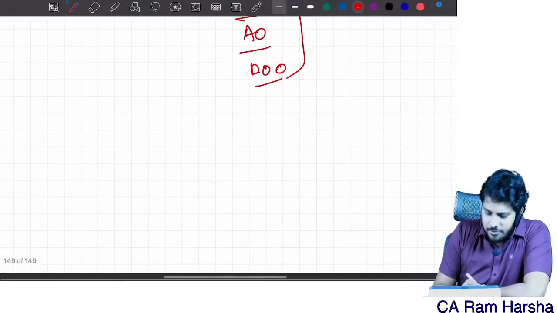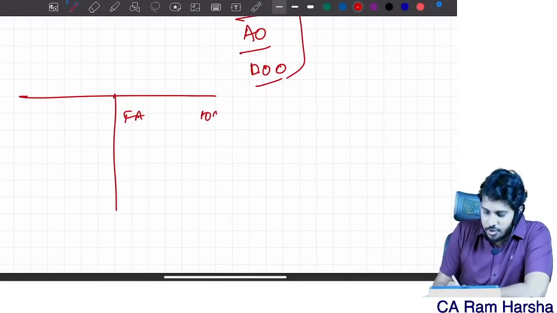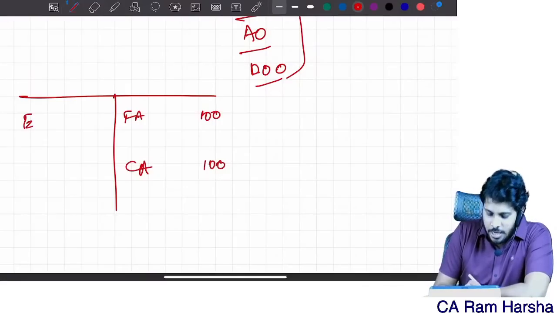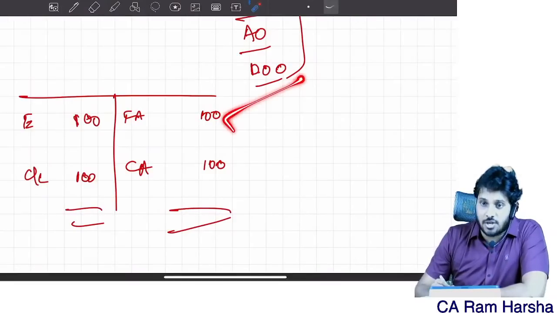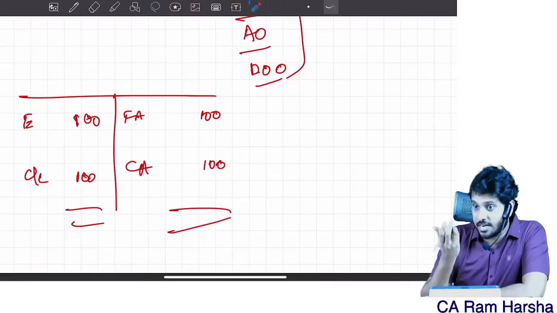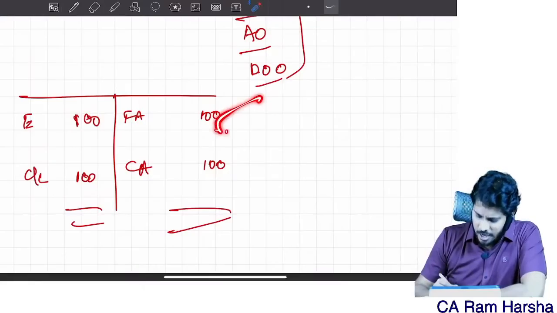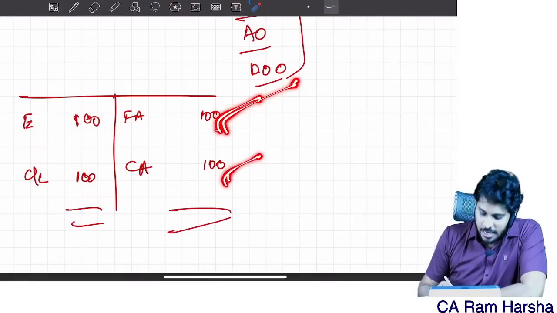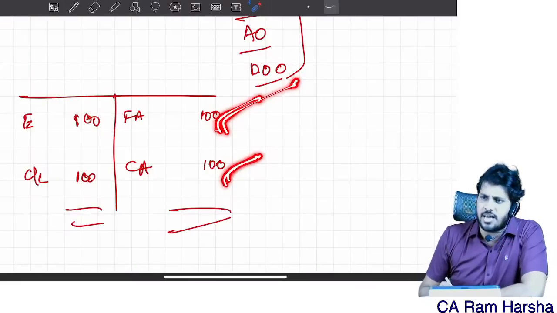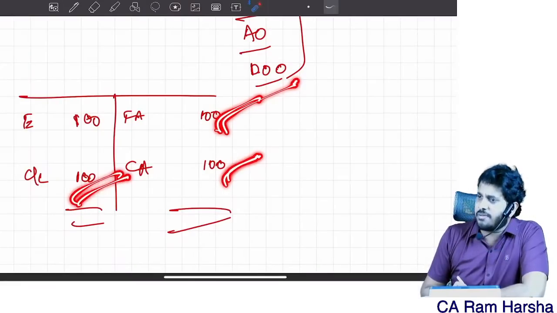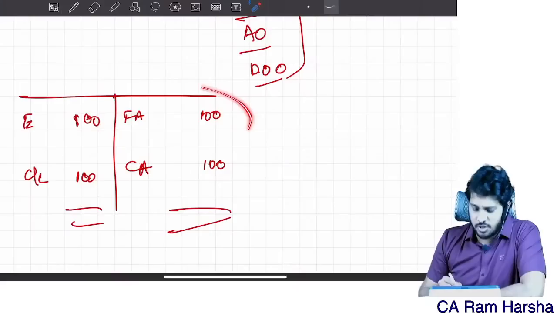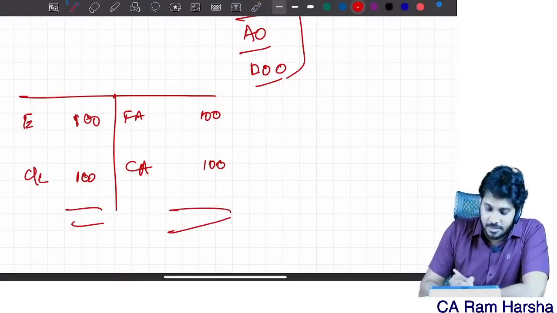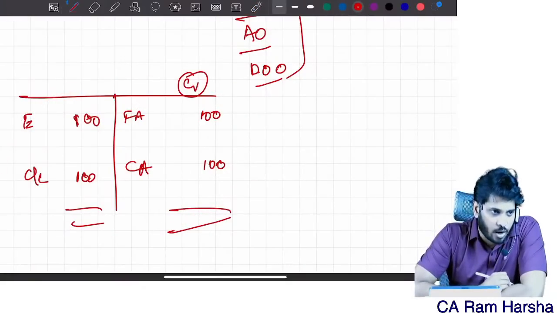Like in simple terms, if you look at the balance sheet, suppose fixed assets 100 crore, current assets 100 crore, equity and liabilities 100 crore, current liability 100 crore, a very simple example. I verified and found that fixed assets are completely correctly valued. I have seen the asset register, I have physically gone and seen some assets randomly, everything is pakka, documents are pakka, depreciation calculation is perfect. Current assets, inventory, trade receivables, I got external confirmations, everything is perfect. Current liabilities, equity, and profit and loss account are perfectly accounted. No mistakes found. Which opinion will I give? Unqualified opinion.